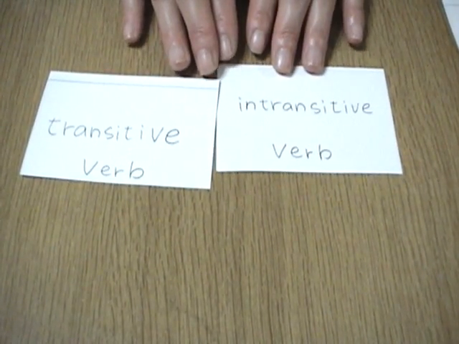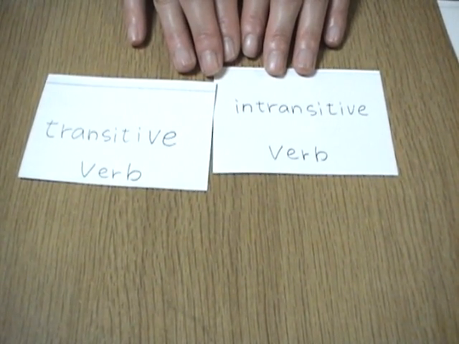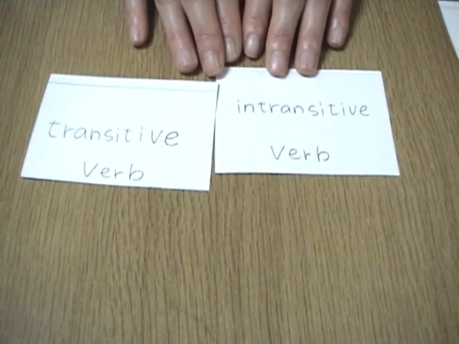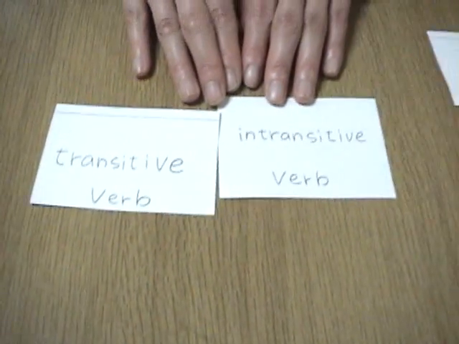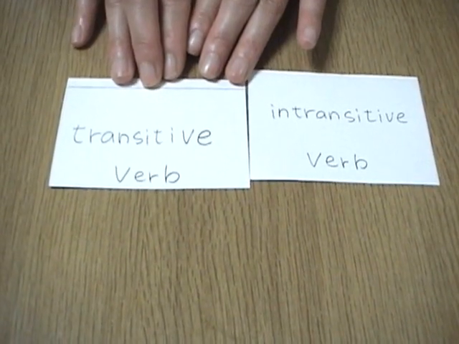Step 2. How to choose transitive verb or intransitive verb. First, when you want to focus on the person doing the action, it is natural to use a transitive verb. For example,